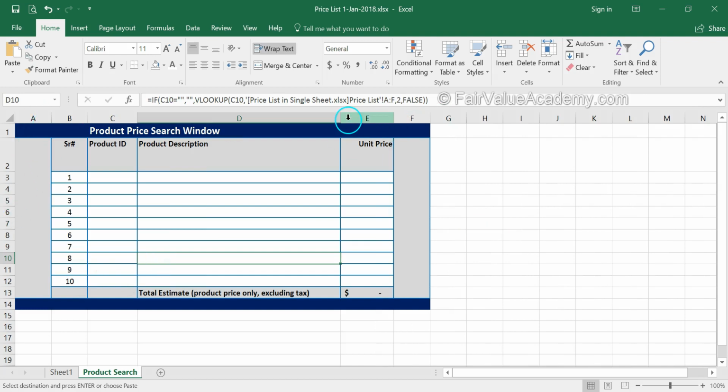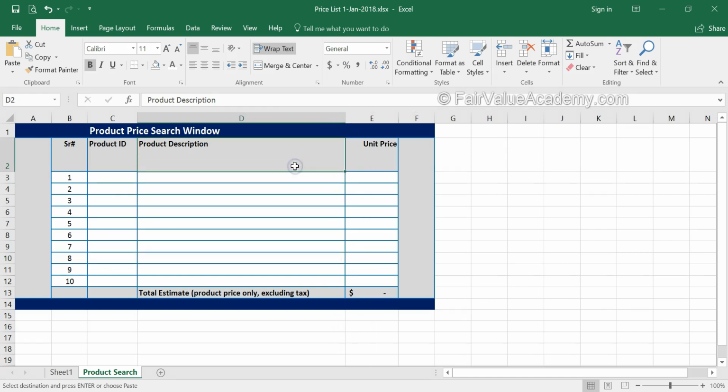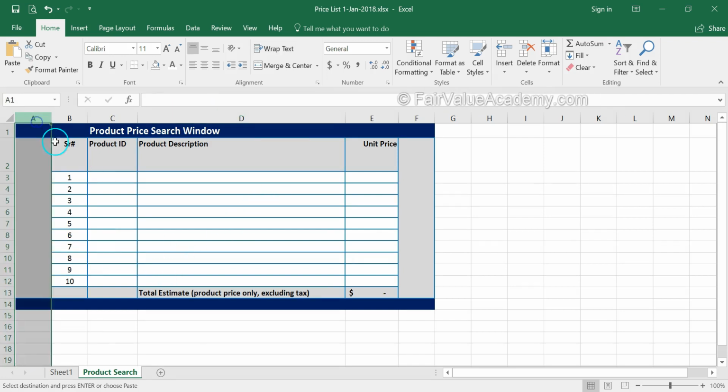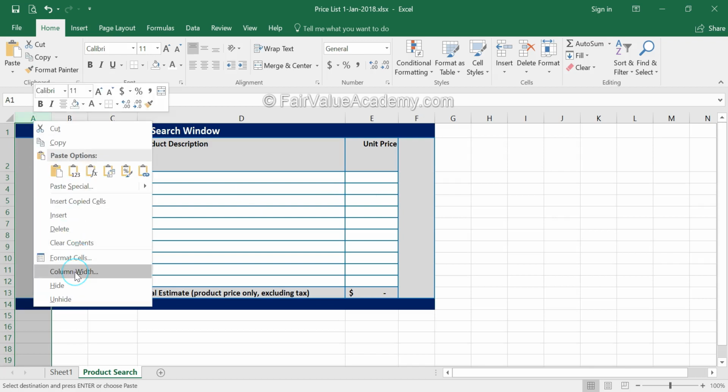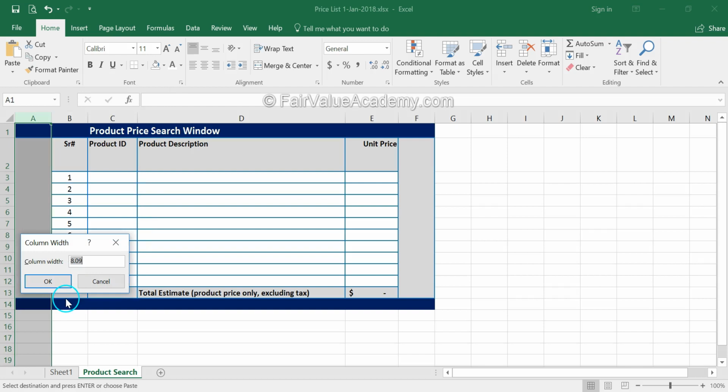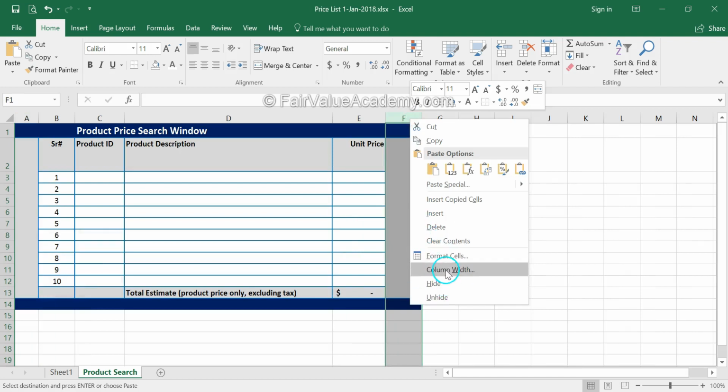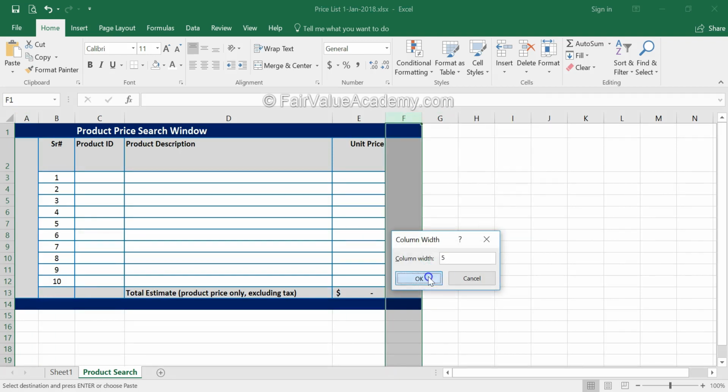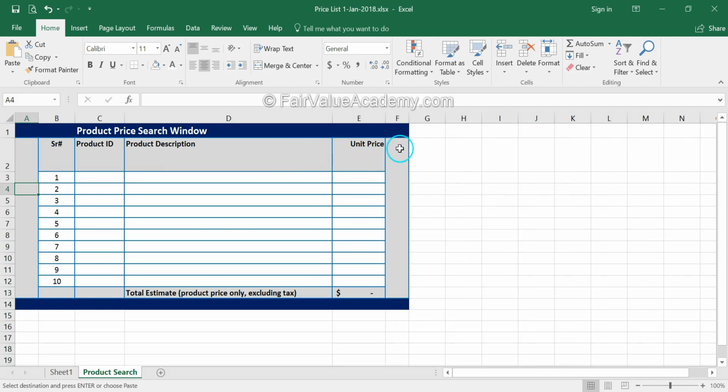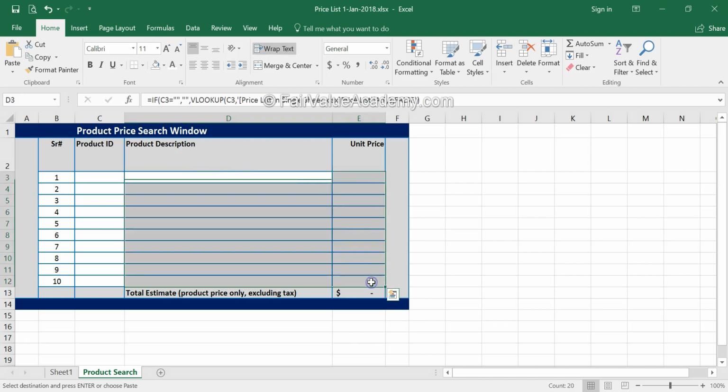Up till now we have been adjusting the column width using the mouse and dragging the columns like this. If you want to adjust the column width to the exact size, then this is how you do it. Let me do this by adjusting the column width of A and F to equal size. So I'll select column A, right click, go down and select column width, and let's say I select it as 5, and I will click here, go to column width and select it as 5. So both the end columns have exactly the same width. Similarly, you can do it for row height also. Let me delete the formula which are here.